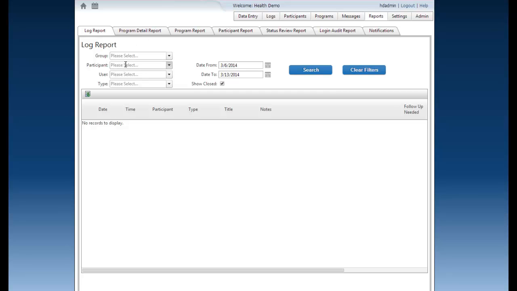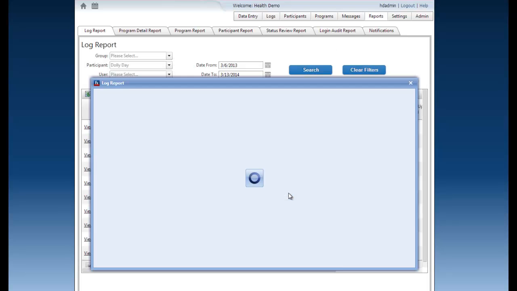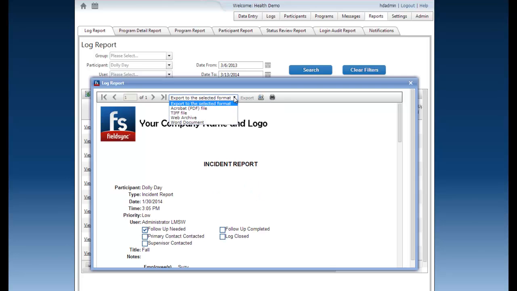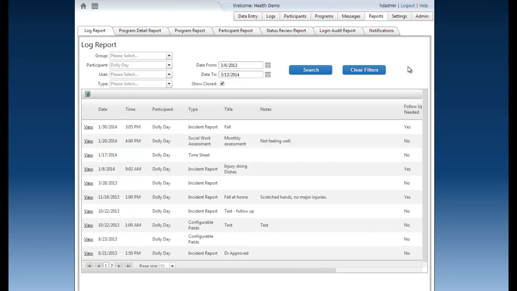So for example, if I select a log, choose view, now you will see that the print button from the print preview is now available. But if you need to have better formatting, then you can export the file to PDF or Word and print from that document. In addition to the things that I've gone through, we've fixed some bugs and added some really minor enhancements,